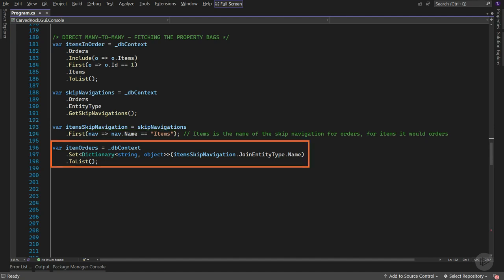In the next bit of code that we see here, we fetch all the property bag entities. This corresponds to the contents of the item order table. These entities, which are all of the type dictionary of string and object, each correspond to a single entry in that table. Because we haven't explicitly defined a join entity for our skip navigations, EF Core has mapped the contents of the item order table to these property bag